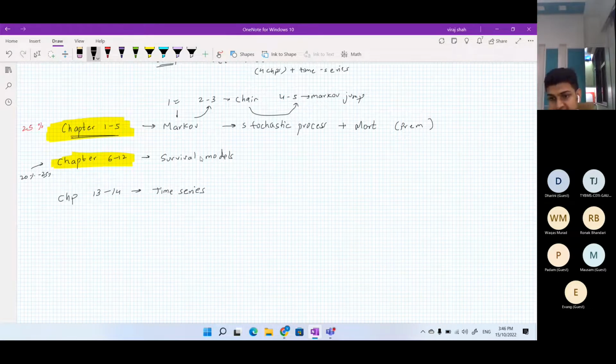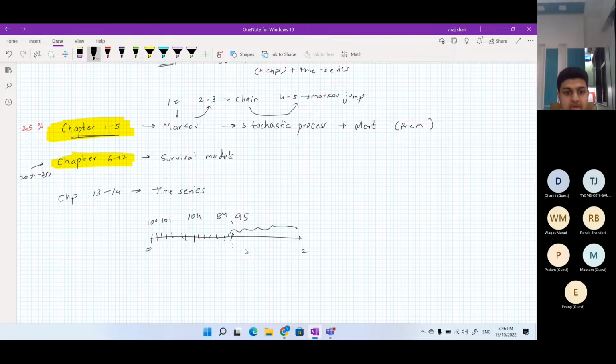What do you mean by time series? Basically, if you see the historical share price, say it is 100, then it becomes 101. Then at 6 months time it is 104, at 9 months time it is 84, and at 1 year time it is 95. Based on that, what would your share price be over a period of time? So time series analysis uses a historical simulation method. In a historical simulation method, you use your past data in order to predict your future values.